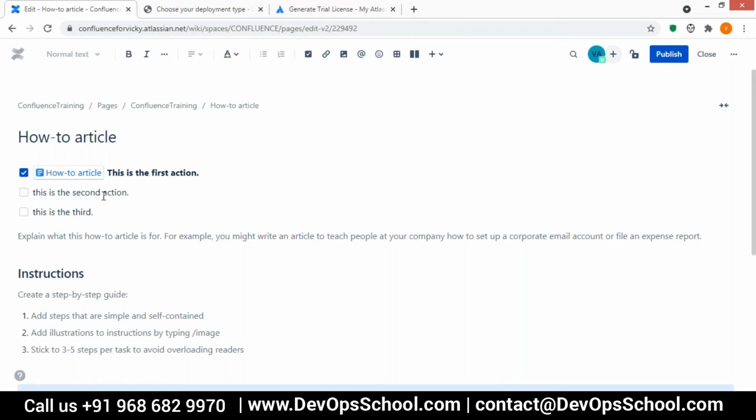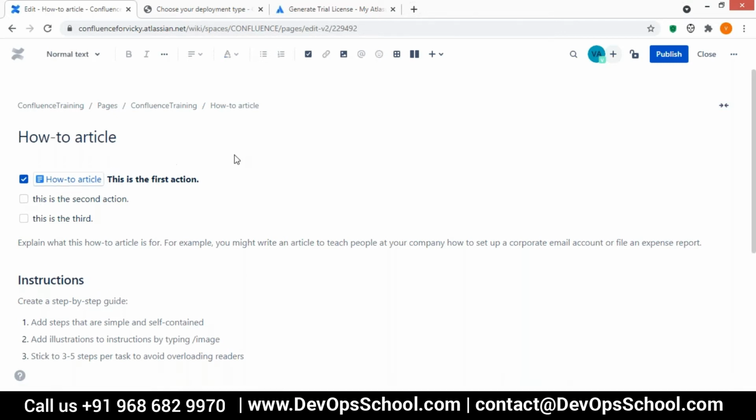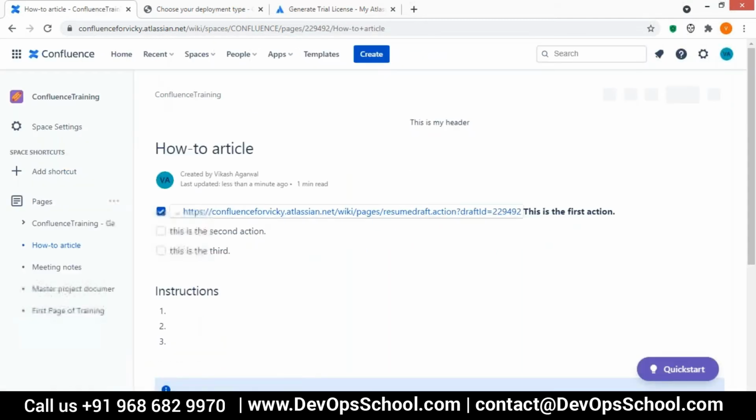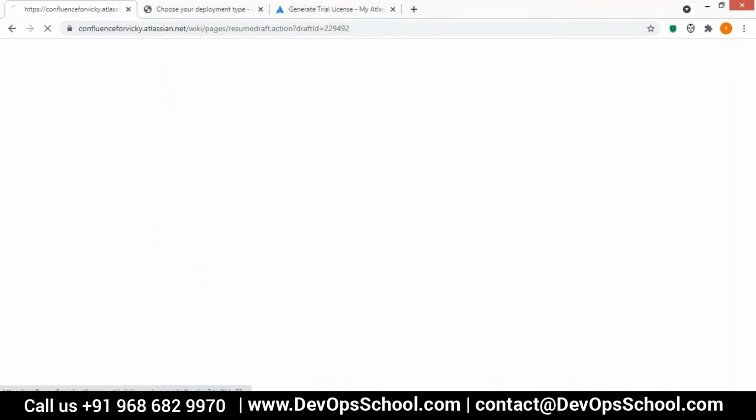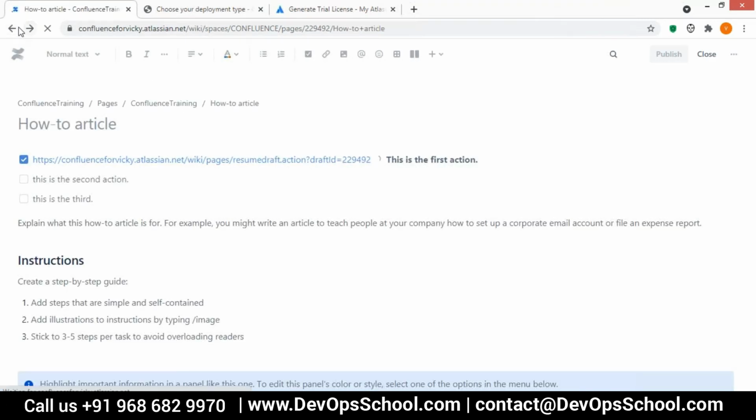For example, in your application design, you have created a design page, and in the other discussion page you want to mention that design page as a link. So you can mention it as a link to your current page. Okay, this is how the linking is used. For example, this I have created. When I publish it and click on this, it will move to the page which we have linked. Okay, so that is how the linking is used.